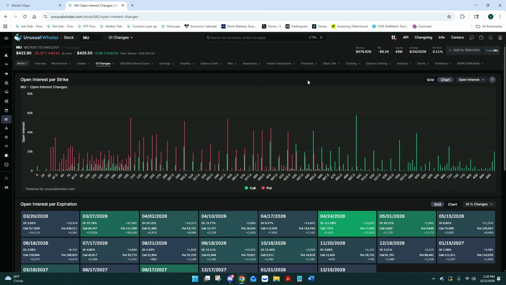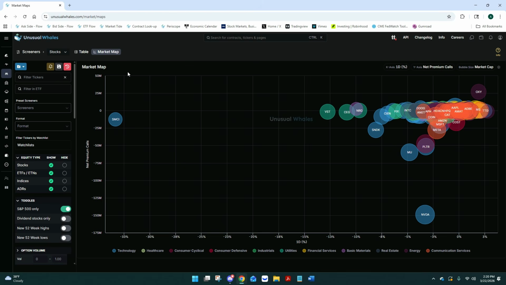gap. Now let's go find the two for the daily gamma gaps, and I apologize for the SNDK WDC mix up. So that's why I just wanted to do the MU in real time there and show you how I can do that in real time. So let's go back to the market map. Now let's say you're looking for big spikes in gamma versus the call premiums. I'm more of a call premium person. Gamma seems to take a little bit longer to catch up versus net call premiums, but